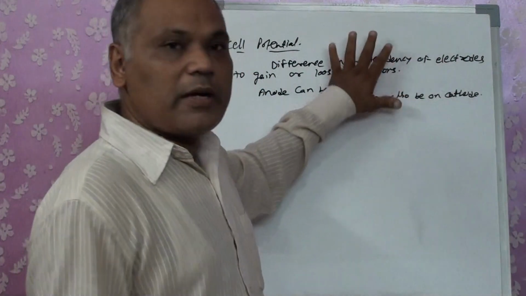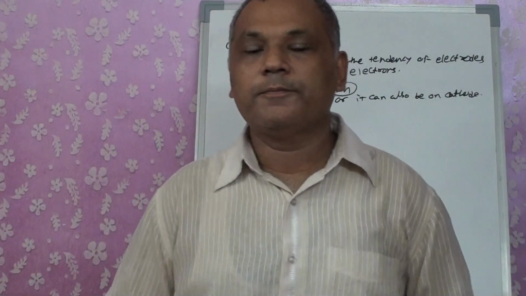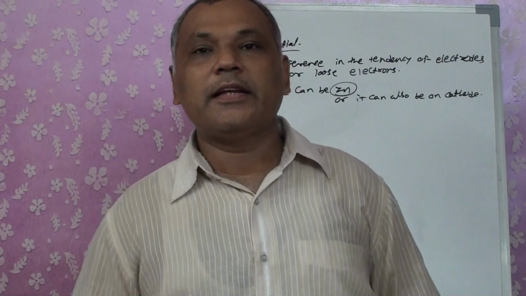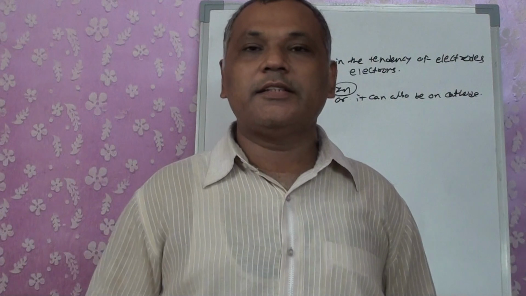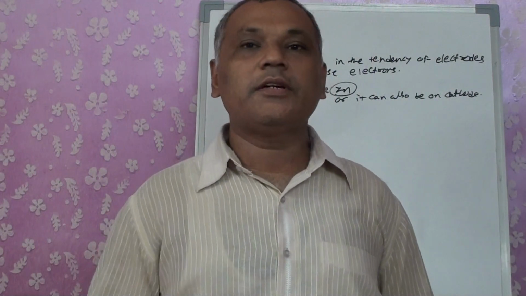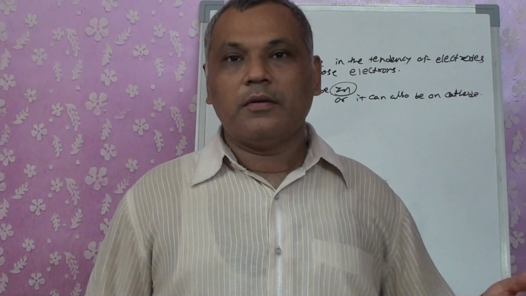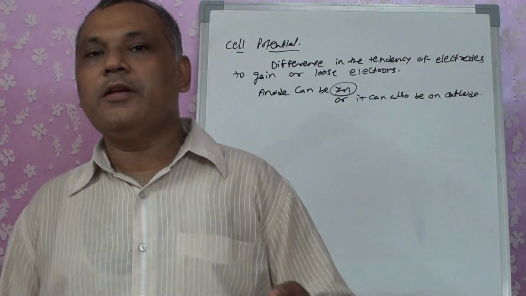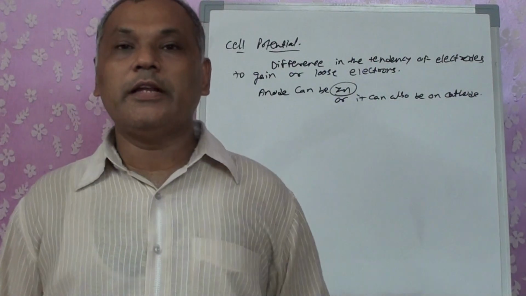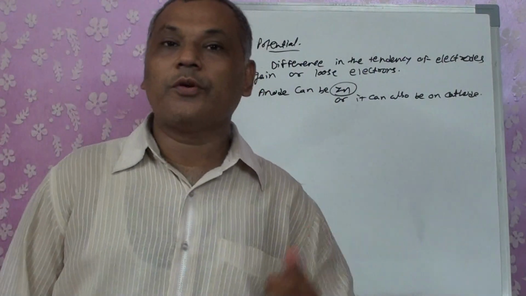In a simple example, forget about the electrochemical cell. If I give you a sodium metal, what will you say? Does it have a tendency to gain or lose electrons? Correct. You will say it has a tendency to lose electrons because it's a metal. On the other side, we have chlorine. Will it have a tendency to gain or lose electrons? Immediately your answer will be that chlorine has a tendency to gain electrons, but it was forming a compound, right? So one was a metal, one was a non-metal.